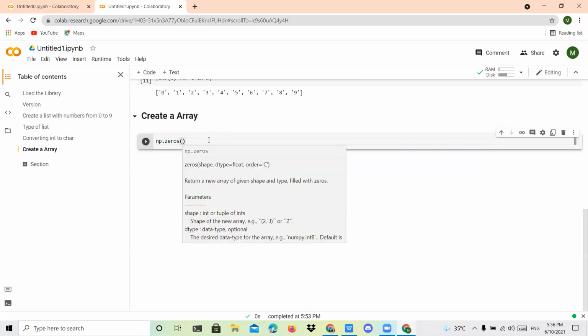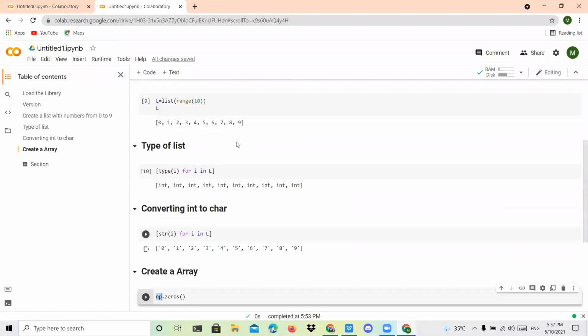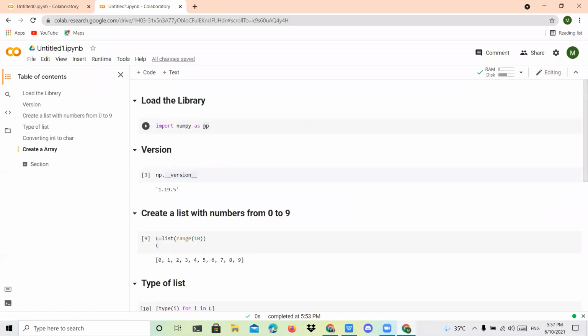Within the brackets, you have to mention two parameters. One should be the size of your array. The second one should be the data type of your array. Clear? Very simple. I'll repeat again. First, you have to mention the variable you used for NumPy, that is NP.